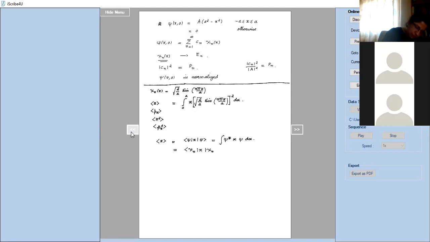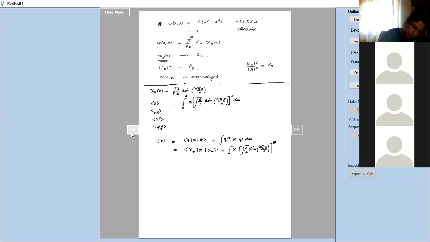So we are going to do now x, and then it is of course root of 2 by a sine n pi x by a, star, into